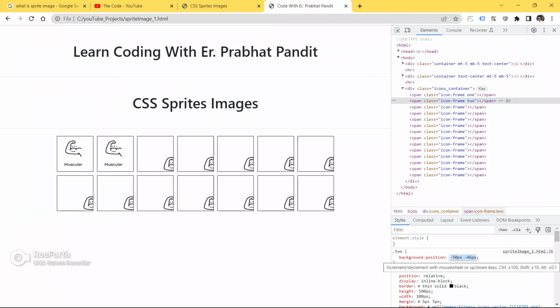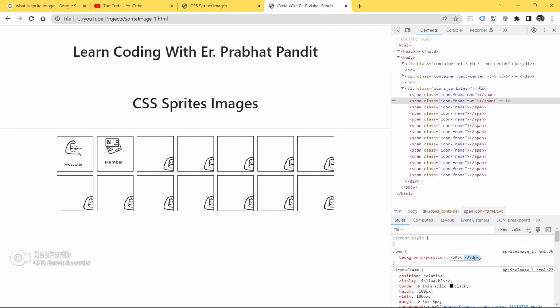Now we will change the image here by using inspect element. See, as I am changing the background position, the image is being changed and displayed.